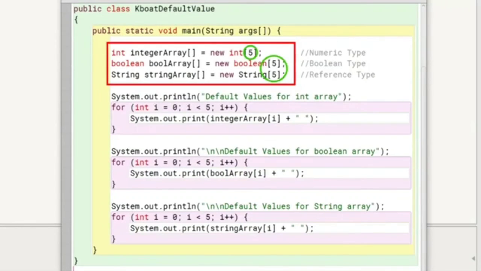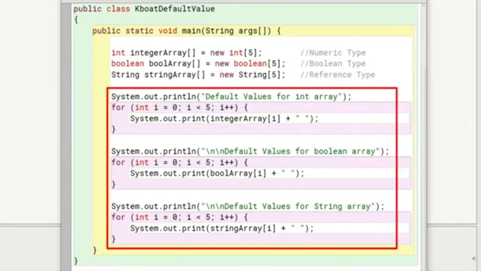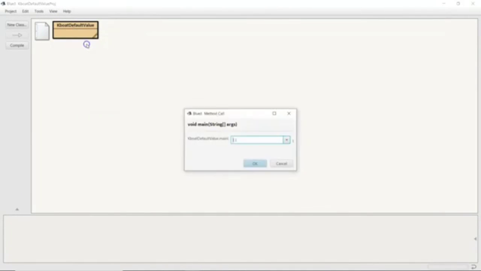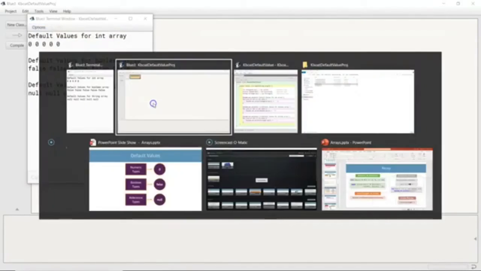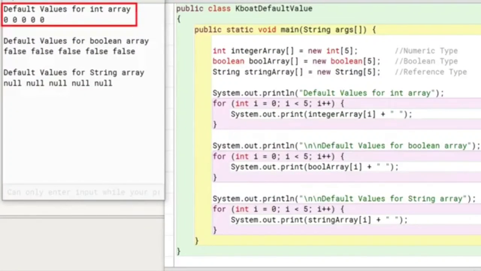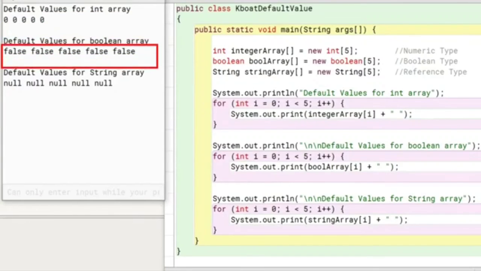Size of each of these arrays is 5. After that, I am printing all the elements of these arrays. Let's execute the program now. As you see in the output, all elements of the int array are 0, boolean array are false, and string array are null.